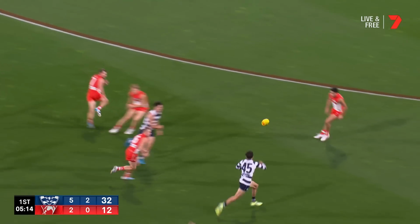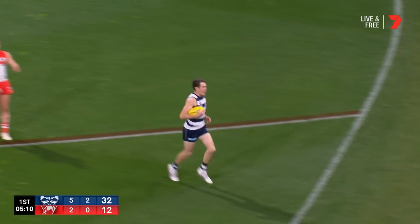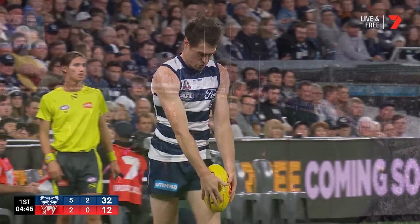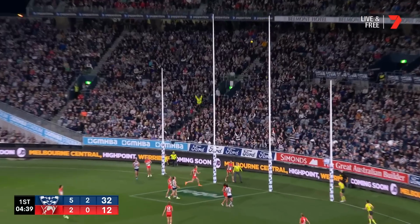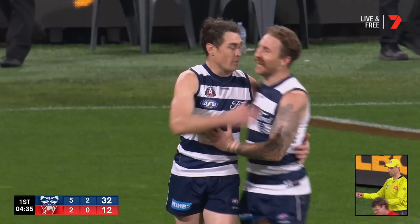Skips through a few players. Here's a chance for the Cats. Close. Low ball, perfectly delivered. Cameron, up against Laddams, who is a genuine ruckman. Fantastic versatility. Look at that. Doesn't get too much better. Splits the middle. Cameron's got